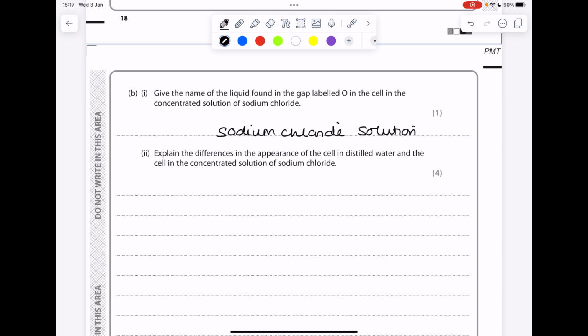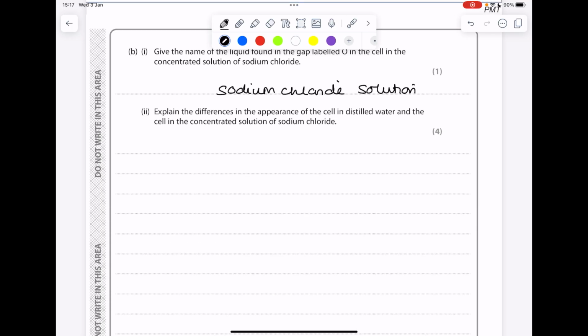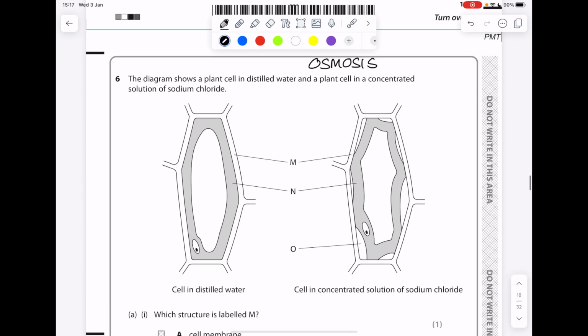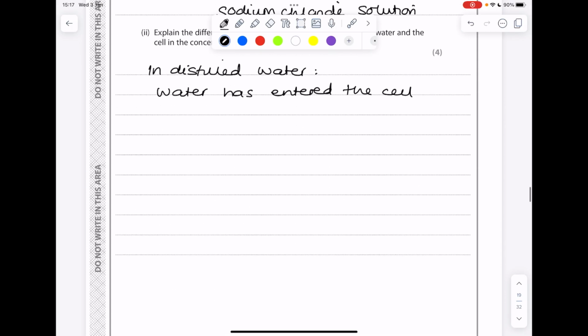Explain the differences in the appearance of the cell in distilled water and the one in sodium chloride. So we really need an answer to do with osmosis here. So in distilled water, water has entered the cell. Just have a look, it should look really swollen. By osmosis from an area